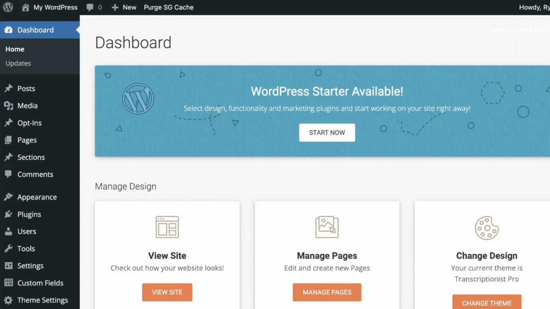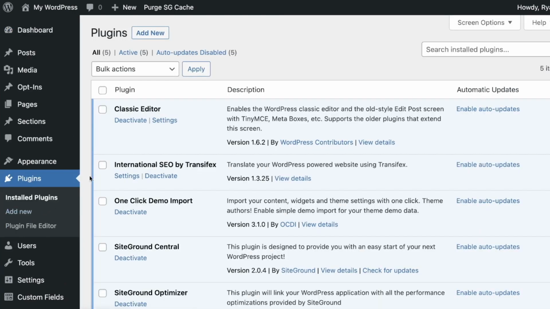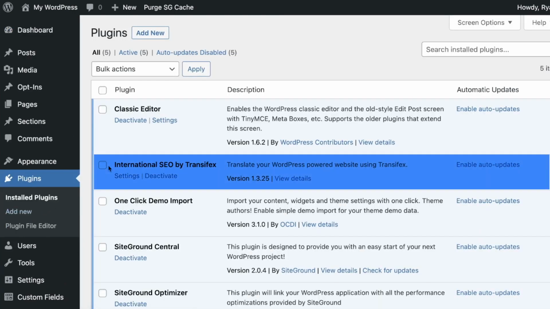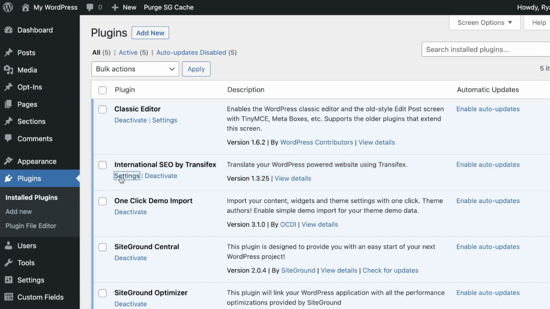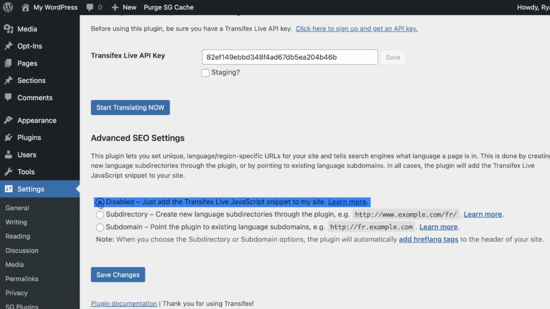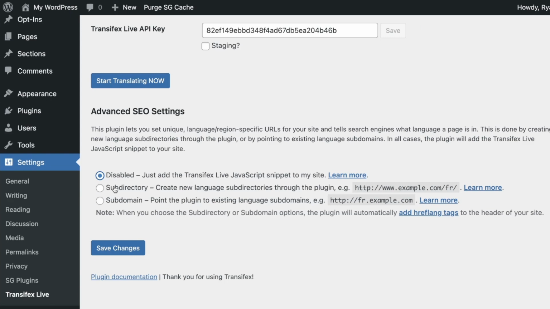Hi, in this video we're going to discuss the advanced options of the WordPress plugin. The basic options of the WordPress plugin are discussed in a separate video. So if you come to the admin area for your WordPress site and then click on the plugins and find the International SEO by Transifex plugin, click settings and scroll down, and the first options that are available are to